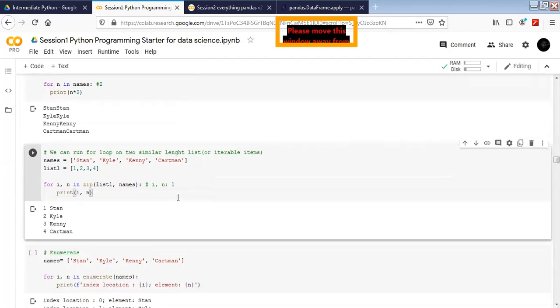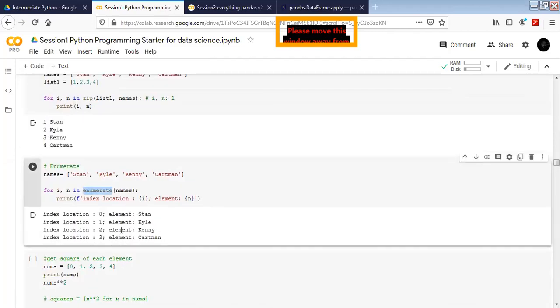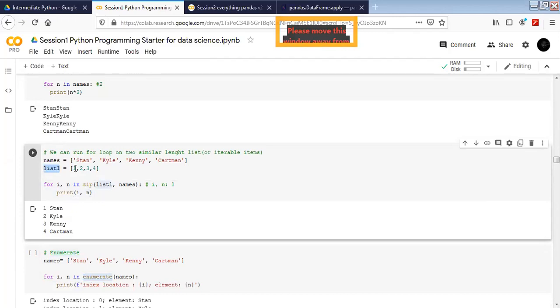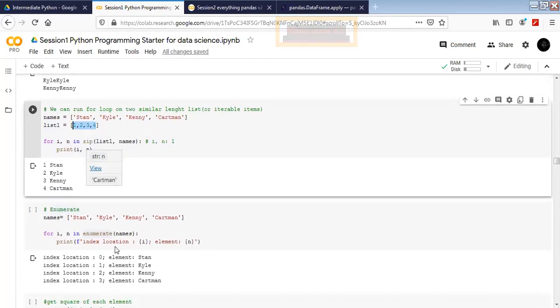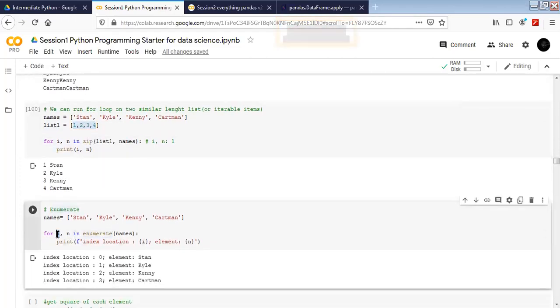So similar to that, there is one more function similar to zip, which is called enumerate. For example, here I have given a new list which had 1, 2, 3, and 4. What enumerate is going to do is give us the first position, the actual counter value, and the second one it's going to return as the actual element of the list.